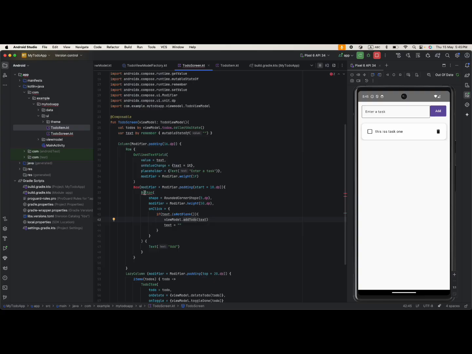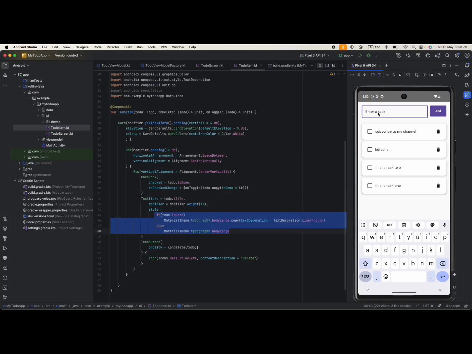Okay, let's check again. So I hit the task list, I say tasks something, and we just click. Yeah, now it's fine, and we can delete, we can uncheck, and yeah, so everything is fine. Alright, so that's it. We have built a full-featured to-do app with Compose and Room using MVVM, and